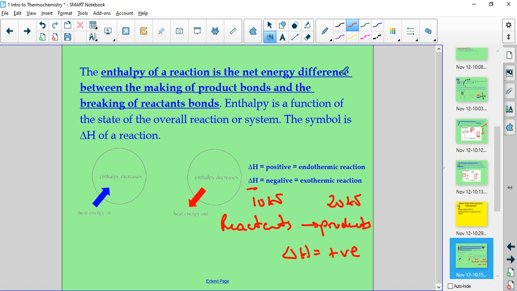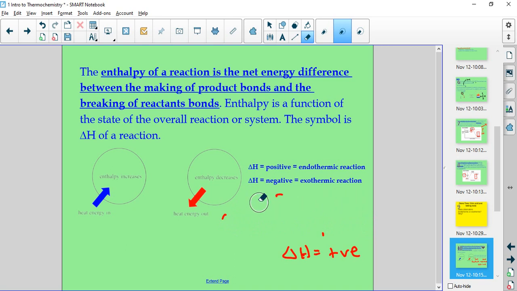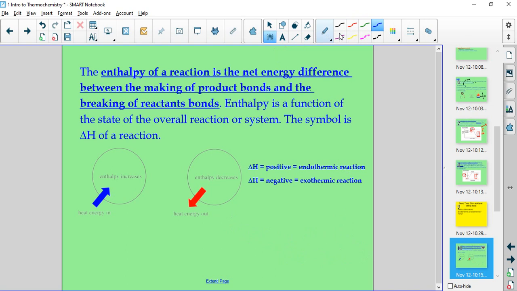Okay, not the case though for an exothermic reaction. Just erase all this. Okay, not the case for an exothermic reaction. In an exothermic reaction, we have energy lost to surroundings. So when enthalpy is negative,